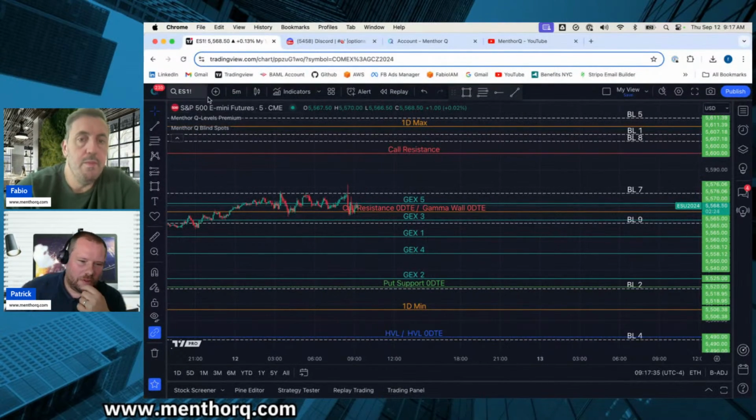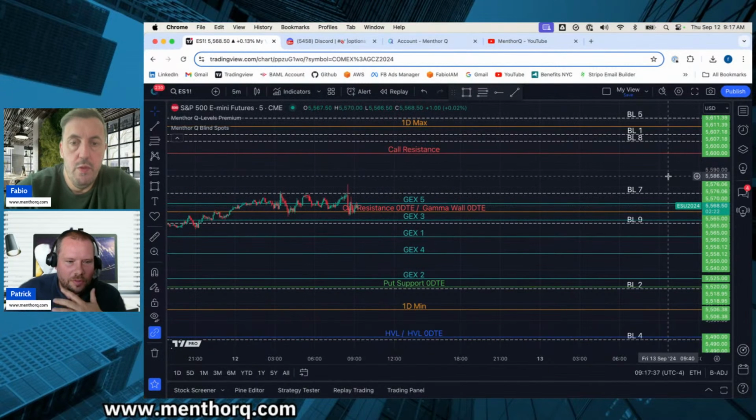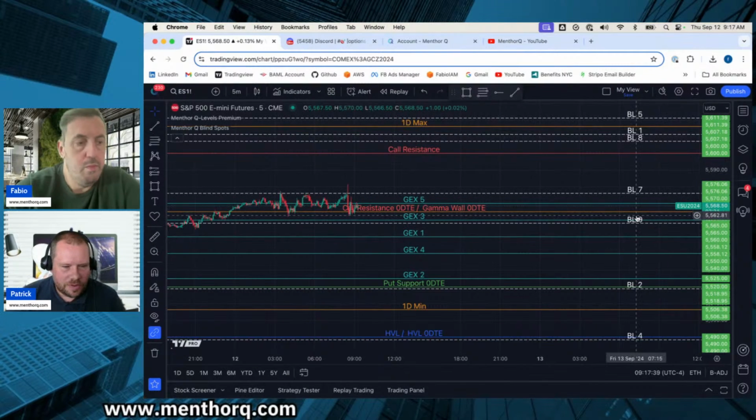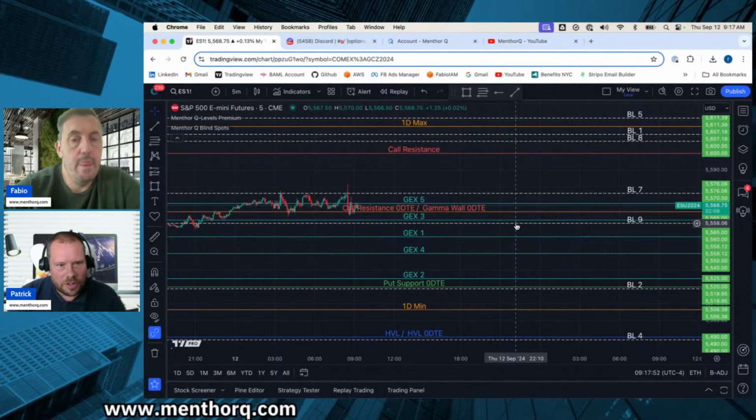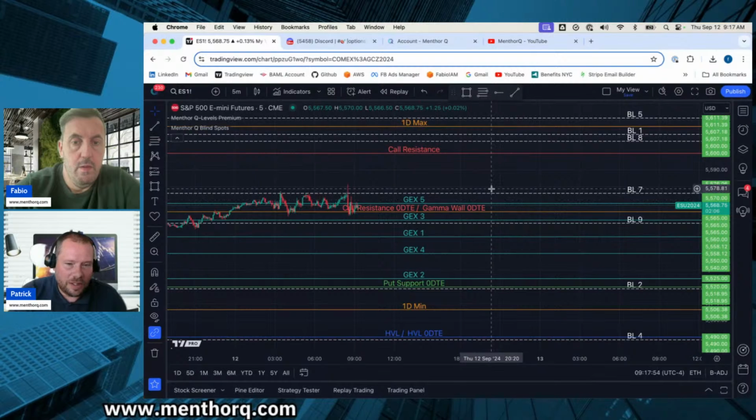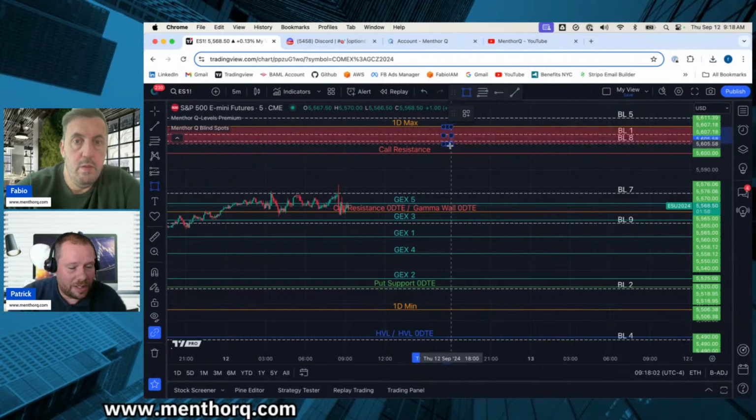And let me add something about this. So we were saying yesterday in the blind spots level, in the 6 a.m. morning club, we were learning something. First, we're looking for high correlation. So the blind spots deliver us this. Second, we're looking for high concentration. And if we now look at ES, where do we have the high concentration? The high concentration is between 1-day max and call resistance. So this is a magnet area at the moment.